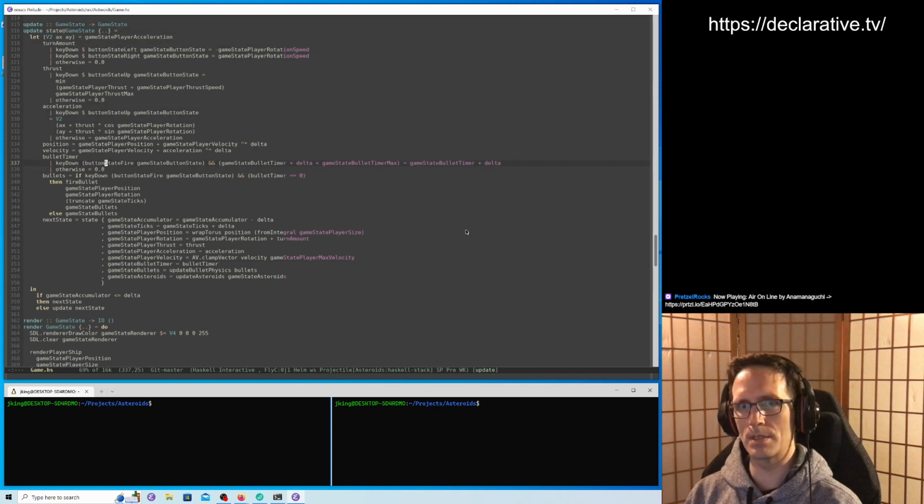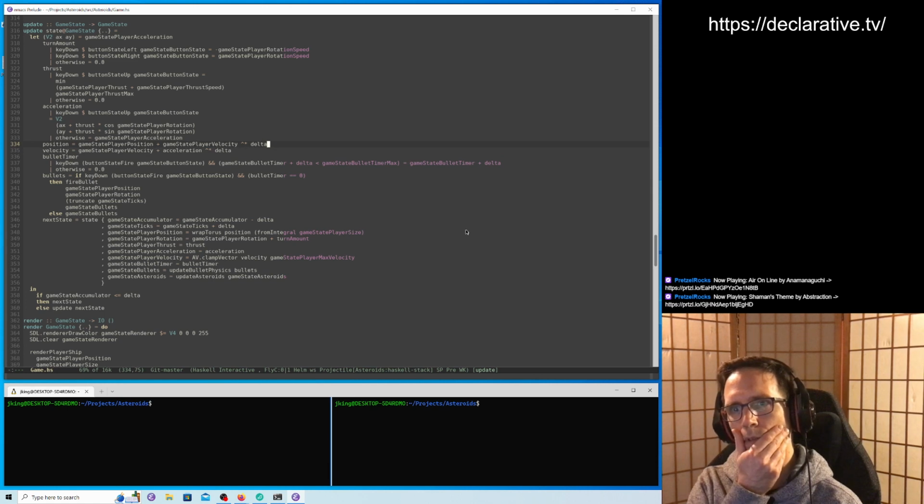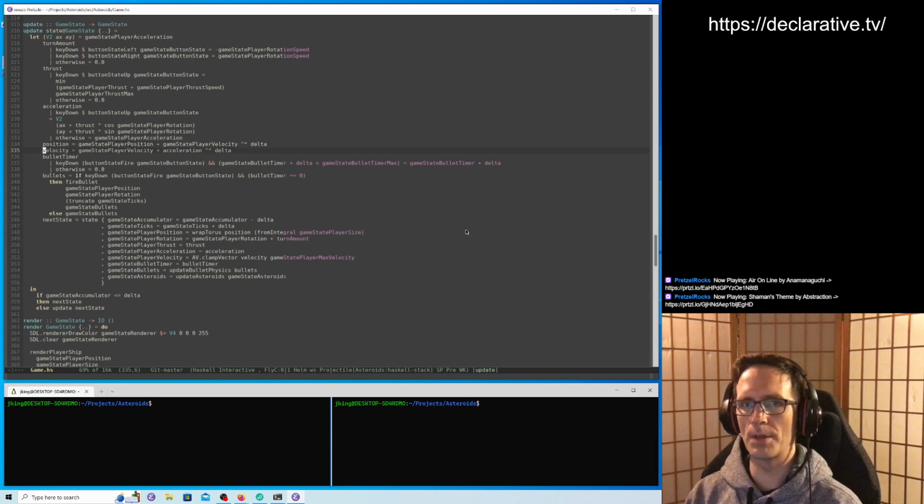Anywho, since we're updating in the game state, I think the player ship code is where we update the thrust and turn amount. The position formula is still the same here. Now, there's some other things we calculate for the ship as well, like velocity and whatnot. So if we were going to do this refactor, we would need